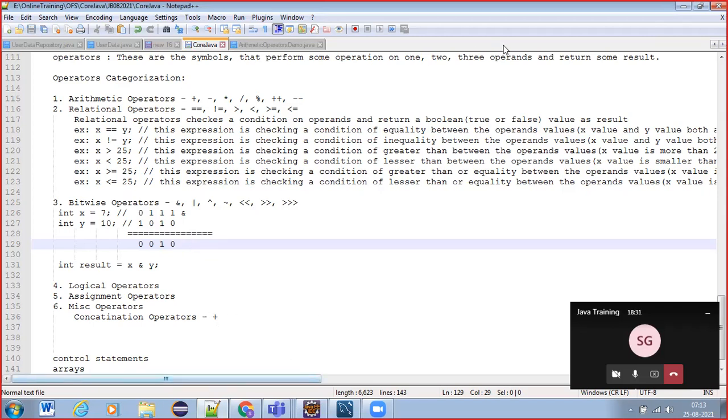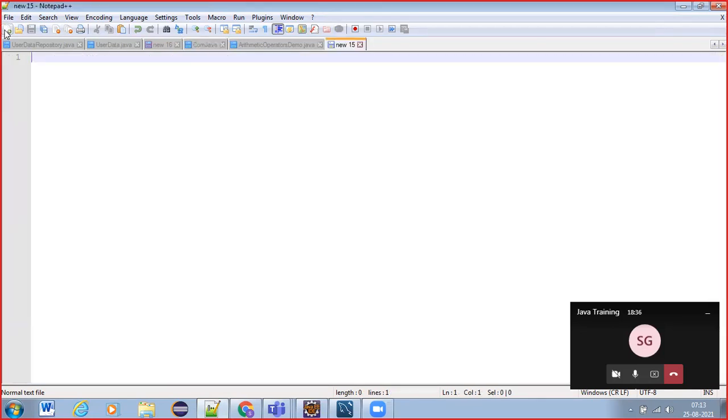Okay, let's write a simple program, bitwise operators demo. Class BitwiseOperatorsDemo.